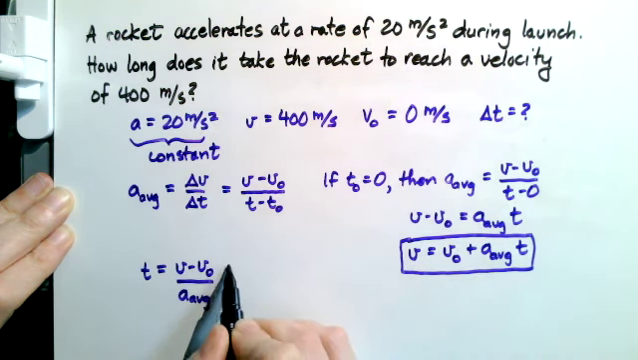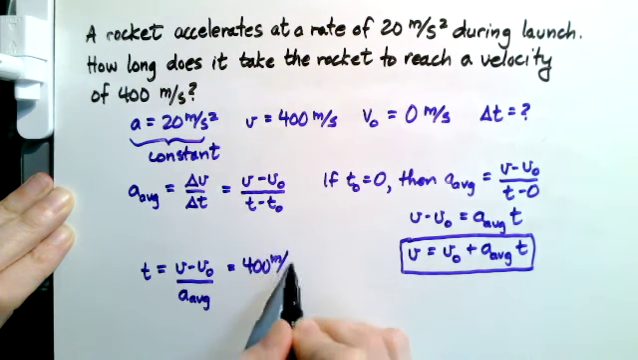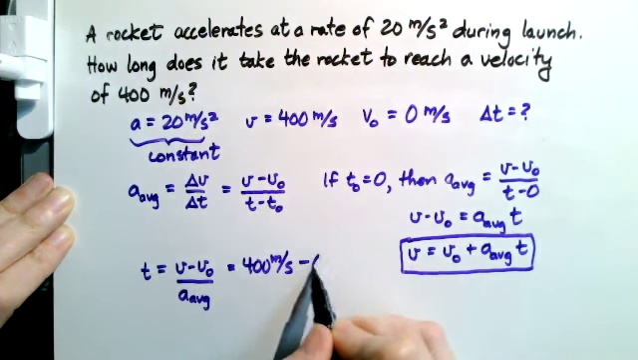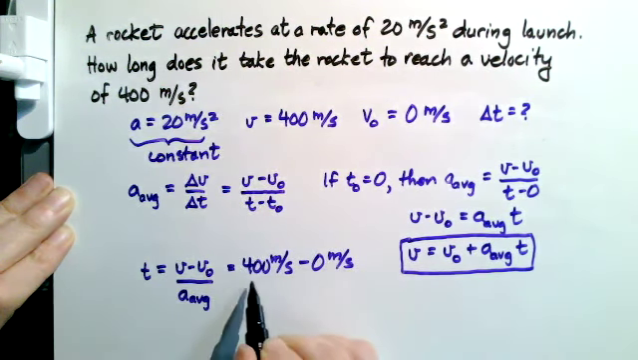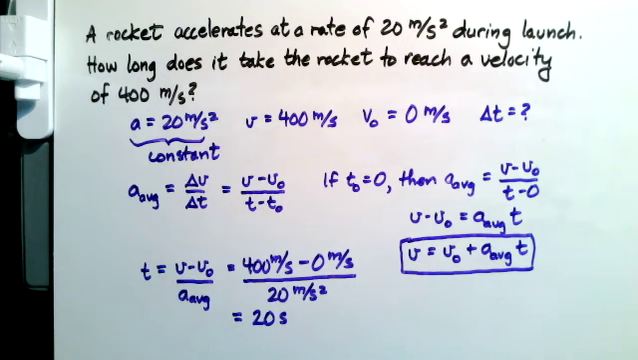So let me rearrange this kinematic equation to solve for the time, and then we can plug in the values that we have. We know the final velocity is 400 meters per second, the initial velocity was 0 meters per second, and the average acceleration is that constant value that we were given of 20 meters per second squared. So from this kinematic equation, we find that it takes 20 seconds for the rocket to reach 400 meters per